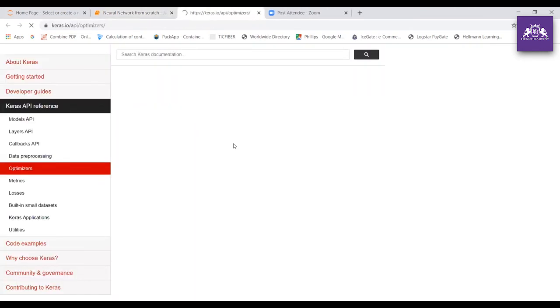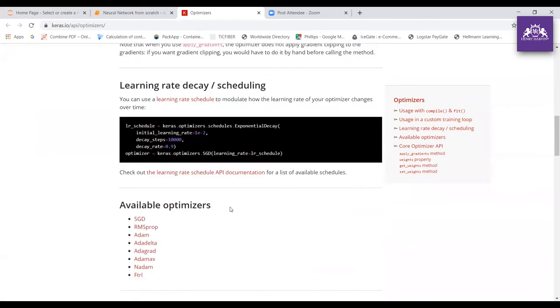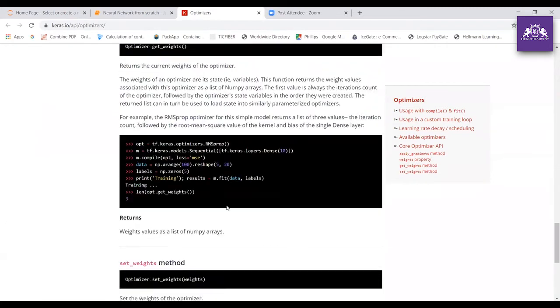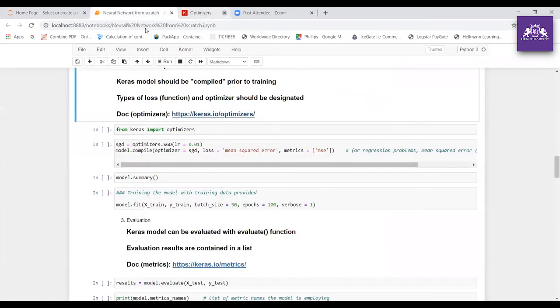Now if you look into this, you can see about the optimizers. Keras Sequential, here Dense 64, kernel initializer, input shape, and here the activation function used is softmax, right? And the optimizer is given, and the loss used is categorical cross entropy. If you go through this, you can come across several optimizers, right? I'm adding this here just for your reference, so you can have a look at it.